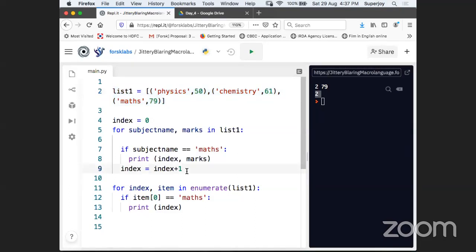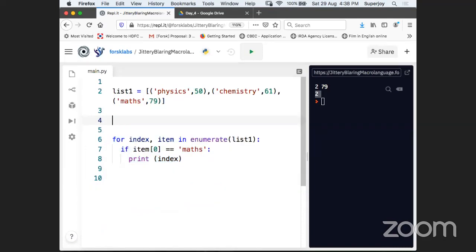Guys, mind it, okay? Just a question: this index equal to 0 is the initialization for this part. If I remove it, which is not Pythonic code, guys, this is kind of a jugaad, in the C programming way. This is not Python code. I just remove it. This is the right code that you see on line number 6 now. This is the Pythonic code. And here you don't need to initialize anything, right? It will automatically start from 0. Can you see?